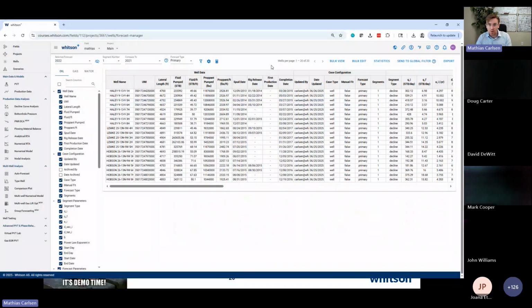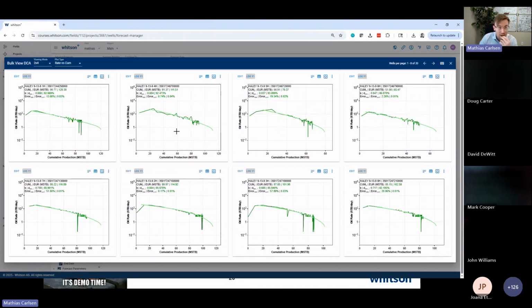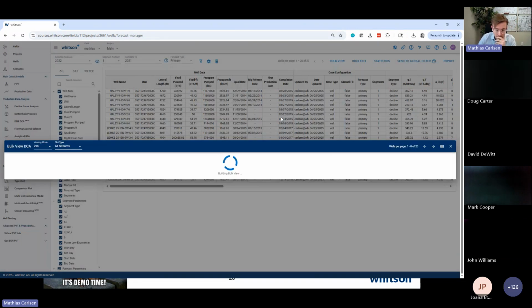The absolute last thing I want to show you here is the bulk view. So if I have a lot of wells that I'd like to look at at the same time, here I have 8 of them at the same time. I can just flip through them up to the right here, either in a rate queue, or if I wanted to look at all the streams at the same time, I could also do that, and whatever view I really wanted